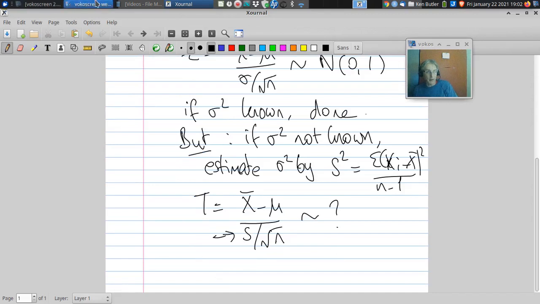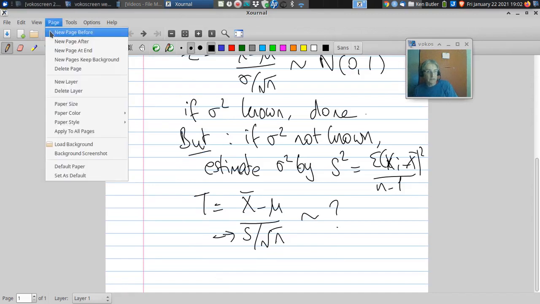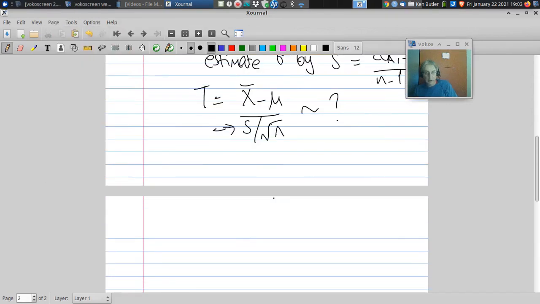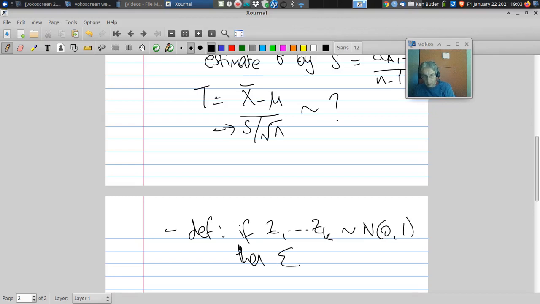So let's grab ourselves a new page, and then we'll see where we can go with this. So we're going to need some facts. We're going to need some definitions. So let's imagine we have, we'll say there's k of these guys. Imagine we got some more standard normals. Then the distribution of the sum,